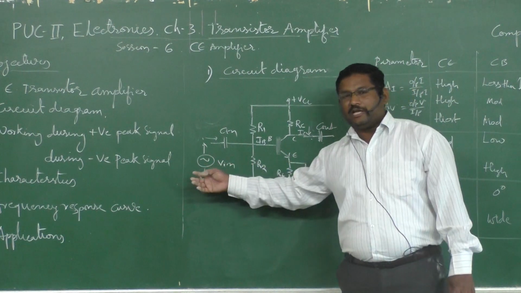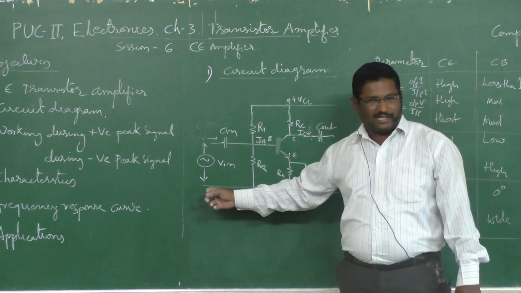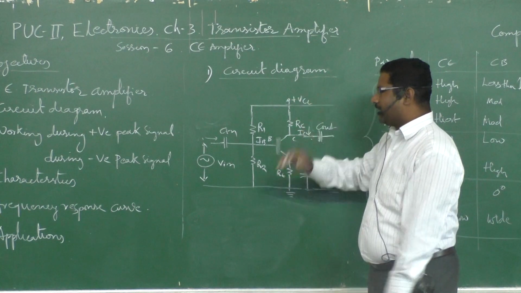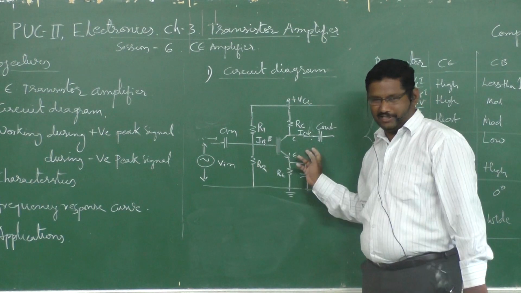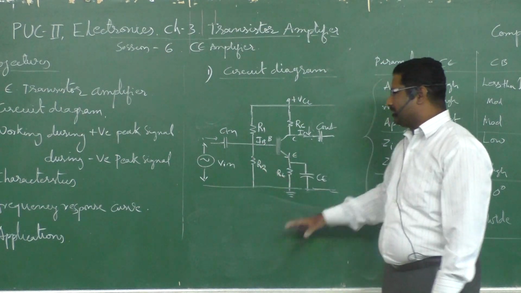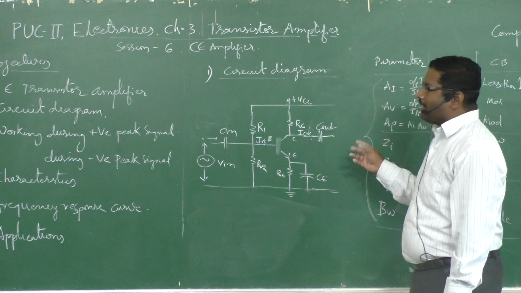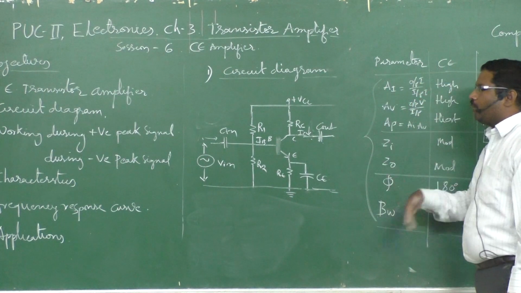And fourth one is input and output, whether it is saying lies, amplifying or attenuating, that thing you have to write here. Okay, so those are the four basic things: the circuit diagram and circuit explanation first. And second thing is we have to write how it will work.